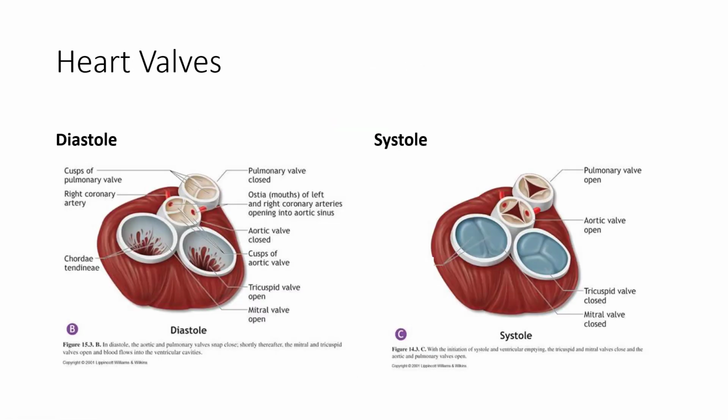Now, these are important because these valves, in a certain sense, allow us to pressurize the chambers of the heart, notably the right and left ventricles, to overcome the pressure downstream. And they only open when the pressure upstream in the chamber is higher than the pressure downstream. So again, we've got our semilunar valves here,